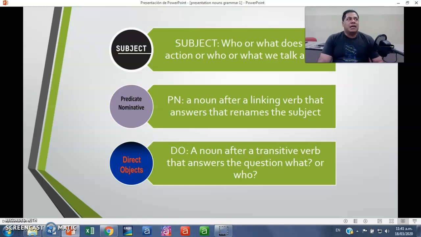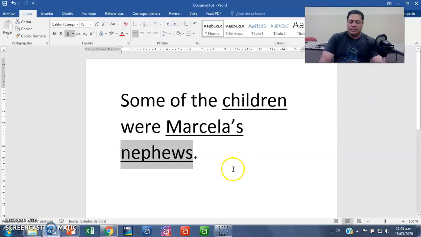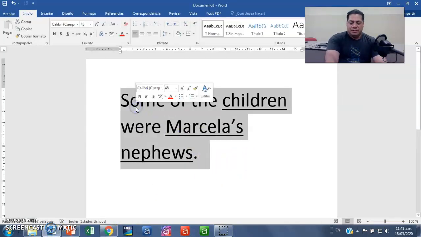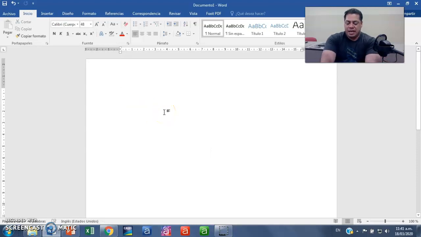You can ask the question what or who in many different places in the sentence, but you will not find a direct object in each of those instances. To find the direct object, you can only ask the question what or whom after the verb. Immediately after the verb, if you ask the question and you get an answer, then you have a direct object. Now, let me show you another example of a direct object. Let's get rid of this and say